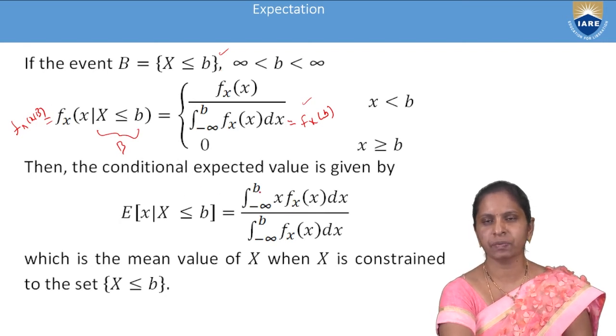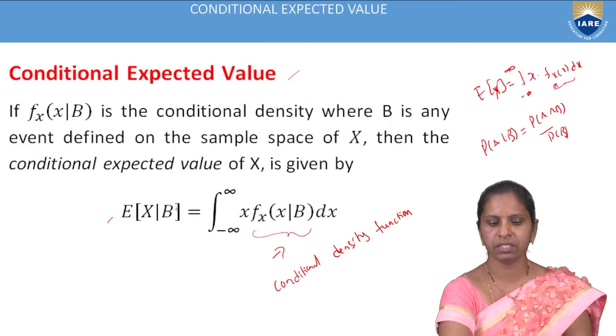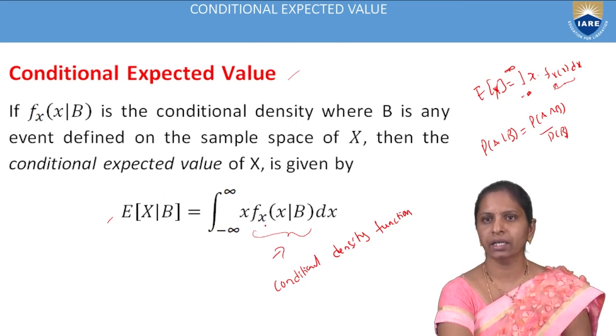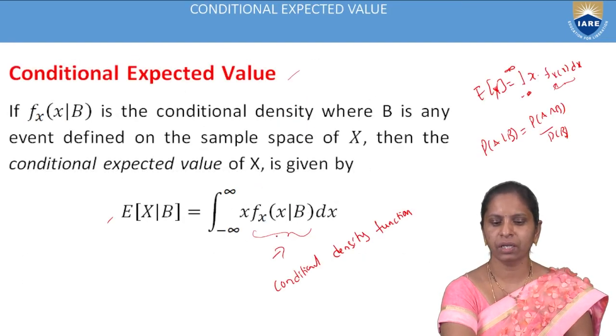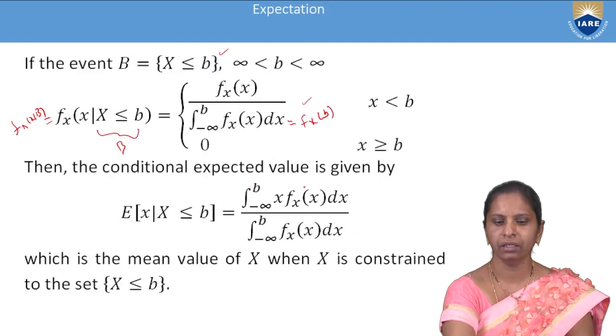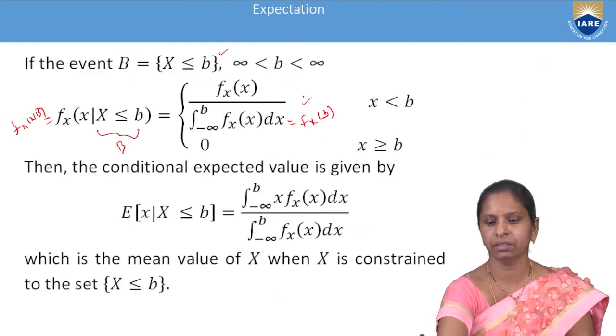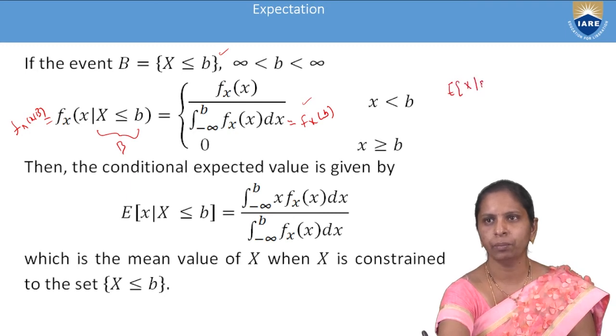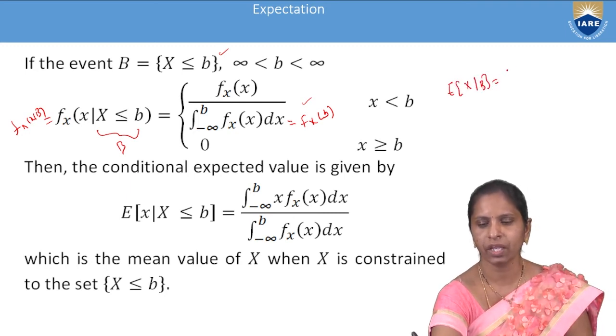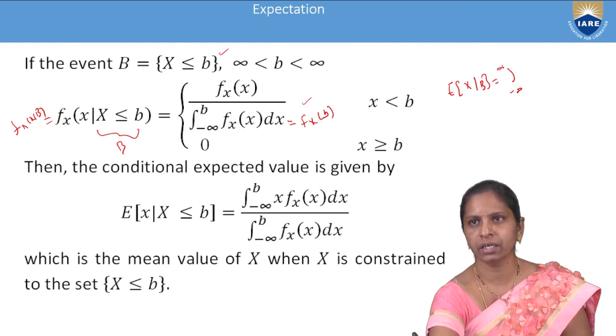Then what is the conditional expected value formula? Previously I have seen integration from minus infinity of x into the conditional density function fx of x by b. So in place of fx of x by b, replace it by this formula. Then what can I write here? So here, E of x by b is equal to integration from minus infinity of x into fx of,